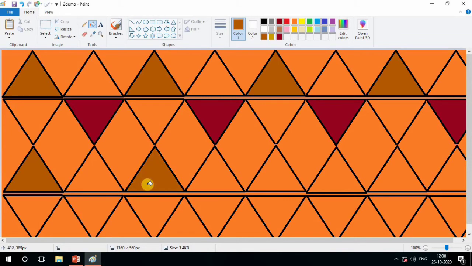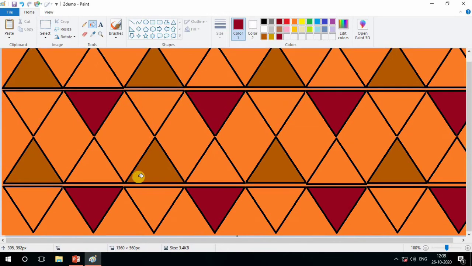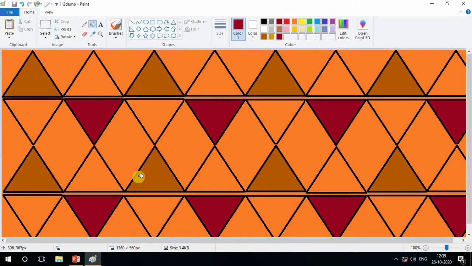Third, color it. Fourth, skip. This one, color it. Now seventh number skip, eighth number done. So we can color these shapes. Again choose this color, come here. Here the color is shape fill, so I will not fill here. Just starting here, one skip, one color, one skip, one color. So this shade is filled here. Now see how it looks. It looks nice. Yes, it looks nice.